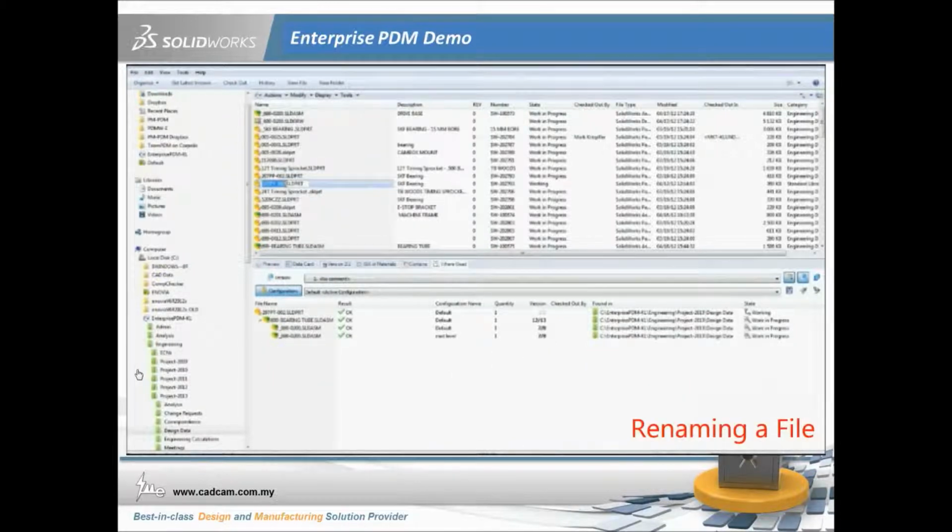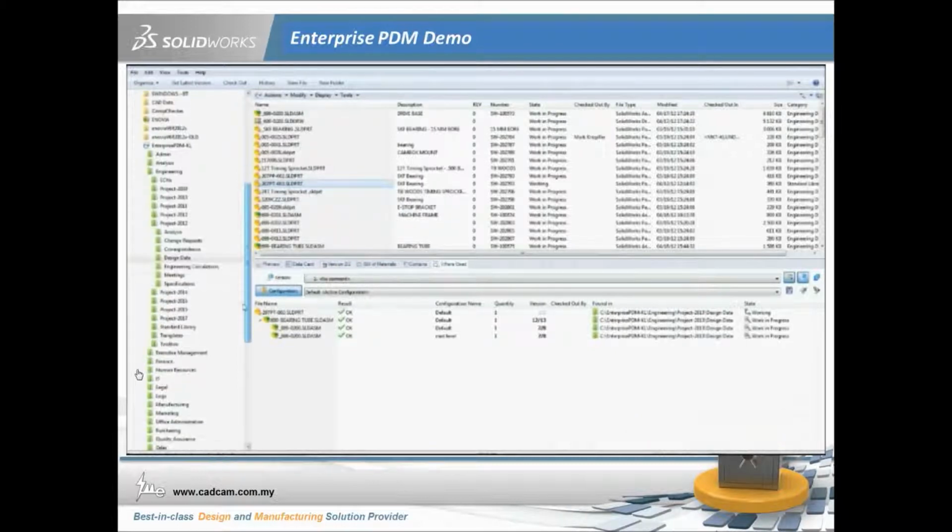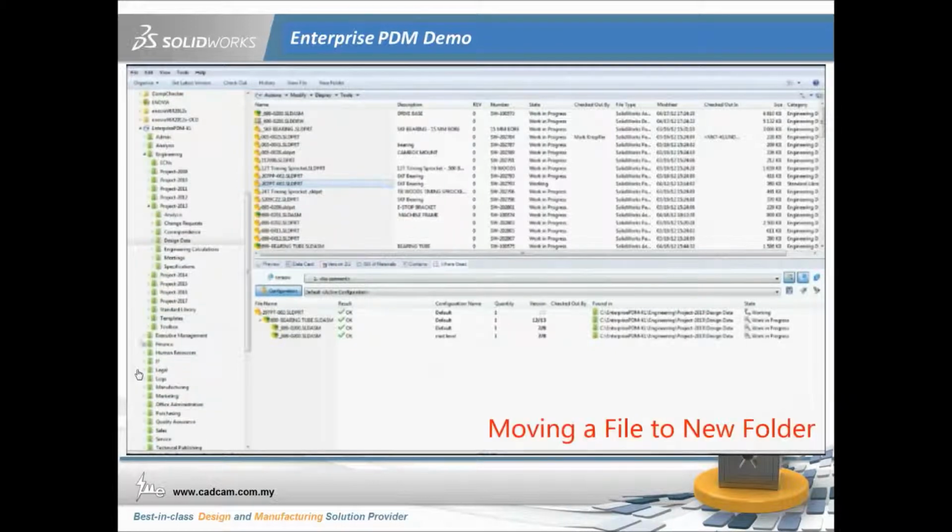Now let us rename a file. In order to check on the performance of renaming, let us change the file to 003, and we are also moving the file to a new folder. Let's say we put it under the standard parts. Just drag and drop the file into the new folder,